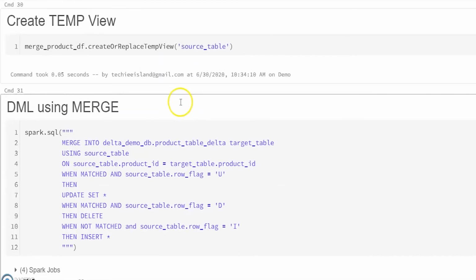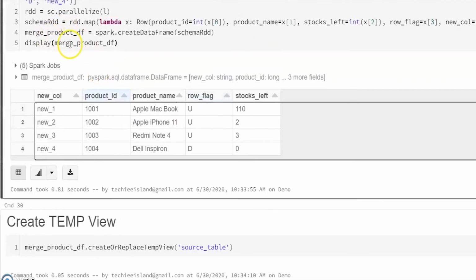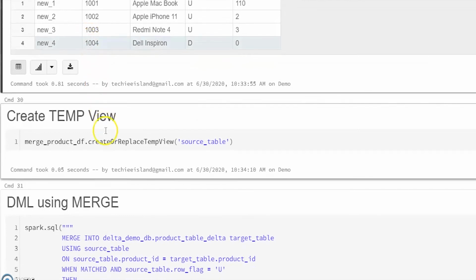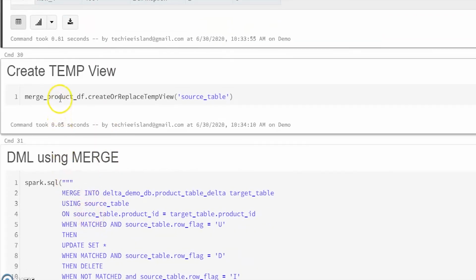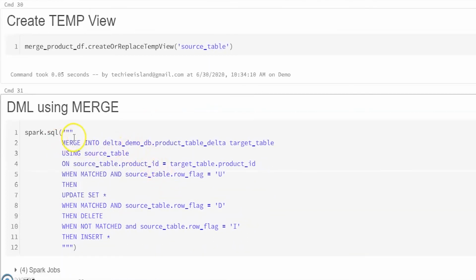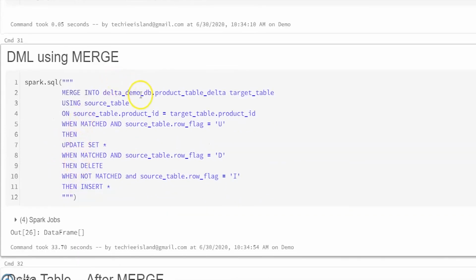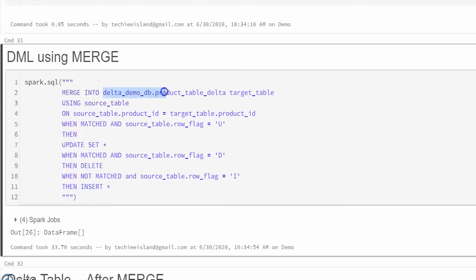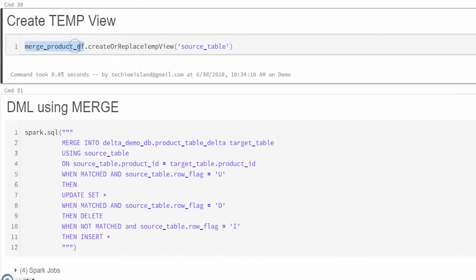So I'm creating a sample data frame with the name merge product df, and I'm going to use SQL, so I'm converting it to a temporary view. This temporary view is not needed if you are going to use the data frame merge API itself. Here, I'm using this Delta table as my target table, and my source table will be the source data frame which we have simulated with the updates and deletes.